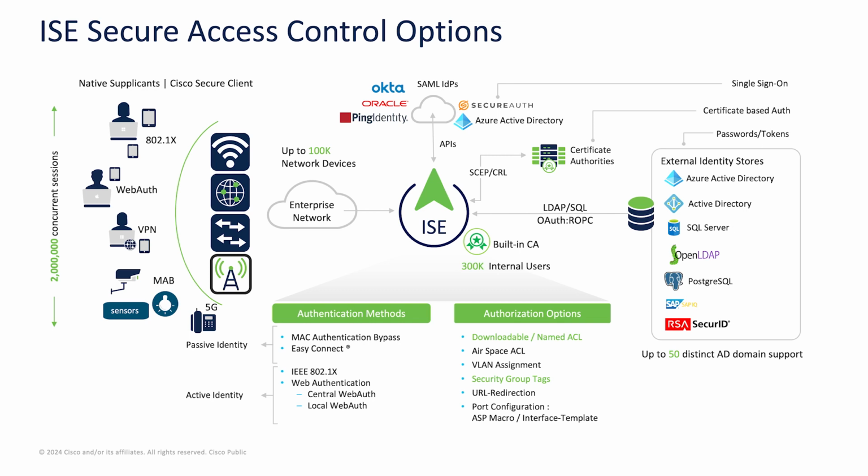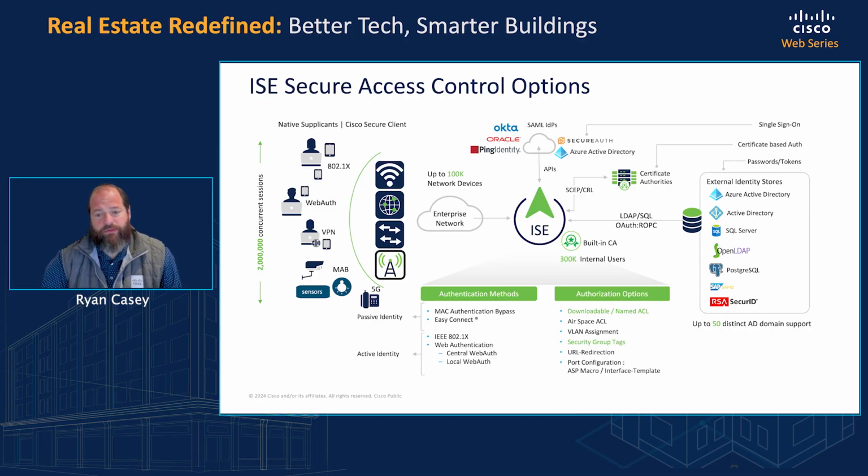Let's take a look at the control options of Identity Services Engine. If we look at the authentication methods on the left-hand side, we have the devices that would typically be on here, whether it be web authentication, 802.1x, VPN, or MAC address authentication bypass. All of these different devices have different types of authentication methods, bringing that back into Identity Services Engine, and then having the authorization options. So applying that via ACLs, VLAN assignments, security group tags, and then being able to leverage